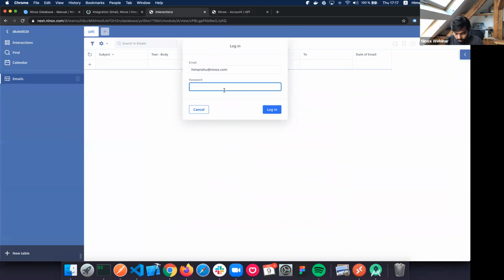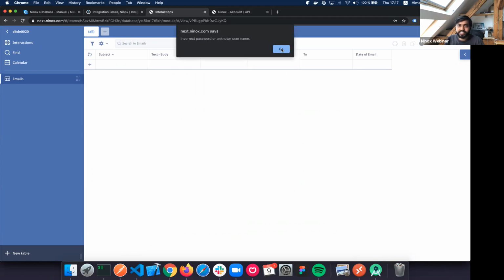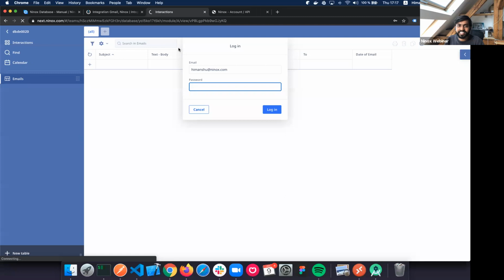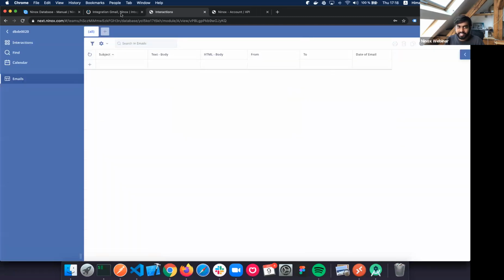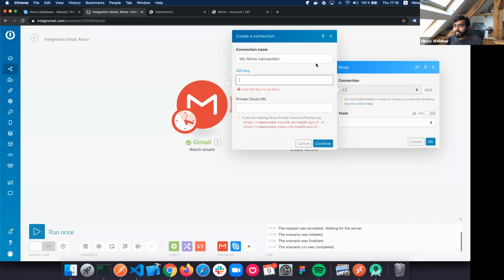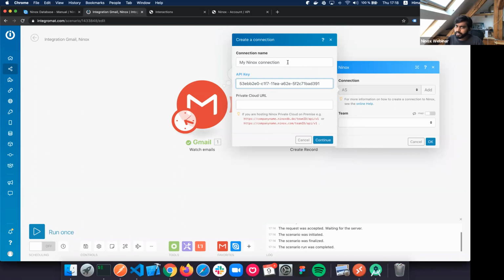Oh wow, it's already asking me to validate again. All right, wait a minute. What's happening? I'm just revalidating everything. Great. So now that you have your API key, you just need to paste it in and provide a name for your connection. Just to make everything semantic, I'll use the same name as that of my Gmail, himanshu@nanox.com,